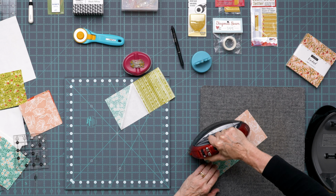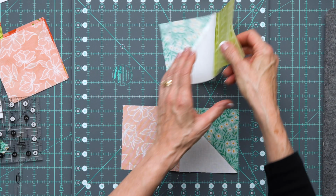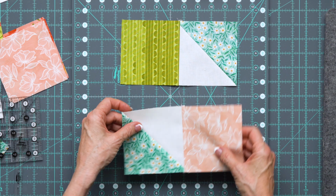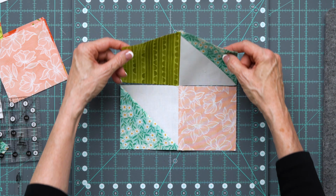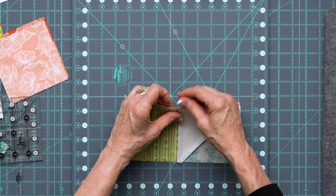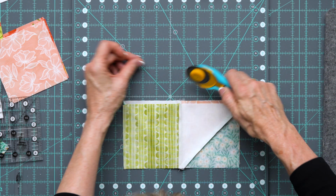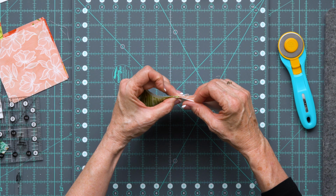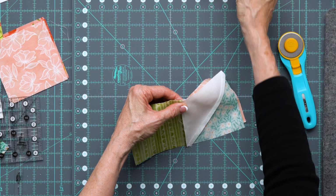All right. There we go. All right, let's put this together now. This is like this, right? Okay, we're going to fold this one over. Now these seams have been pressed opposite, so now these seams in the middle are going to nest. I have a long thread there. So I'm going to hold this up so you can see how I'm nesting these seams together right in the middle. I'm going to use a pin,